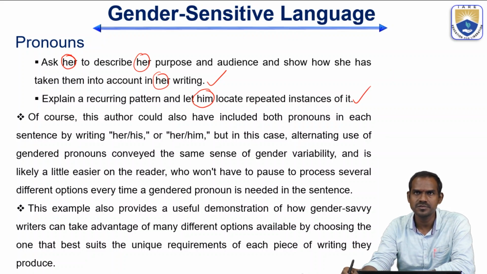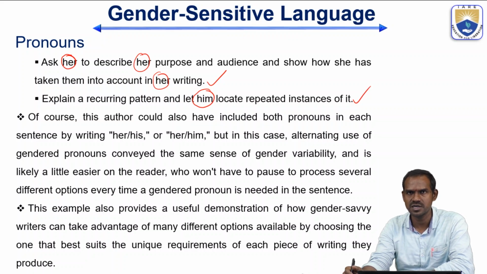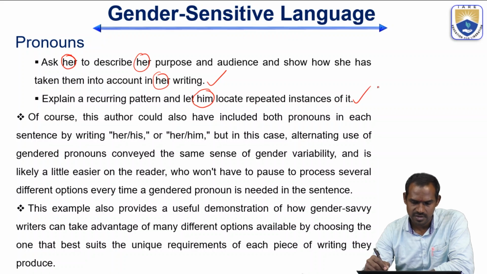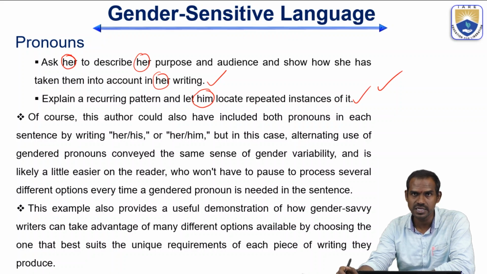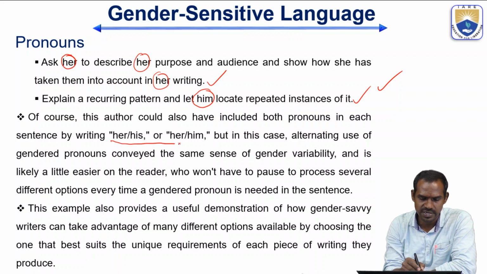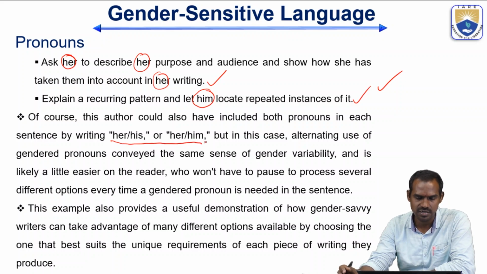Okay. So we can alternate between masculine and feminine pronouns when making the guidelines, which are common to both men and women, common to both male and female, common to both boys and girls. Now, of course, this author could also have included both pronouns in each sentence by writing "her or his." Both pronouns can be included by writing slash, "her/his" or "her/him." But in this case, alternating use of gendered pronouns conveyed the same sense of gender variability and is likely